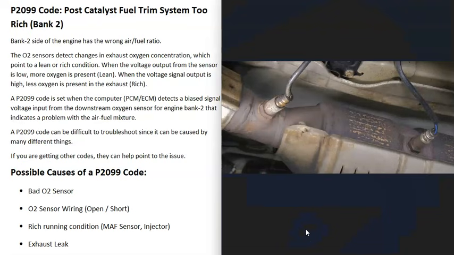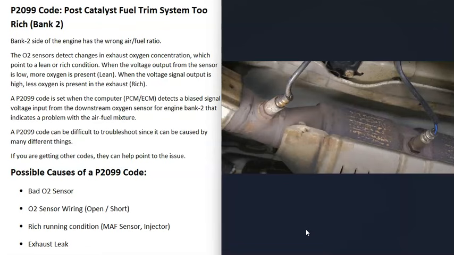Well, there's sensors and they're located on the exhaust and they do two things. The first thing they do is they monitor the catalytic converter. And then the second thing they do is they monitor how much oxygen was burnt off during combustion. And they report this information back to the computer, which uses it to adjust the air-fuel ratio mixture that's going